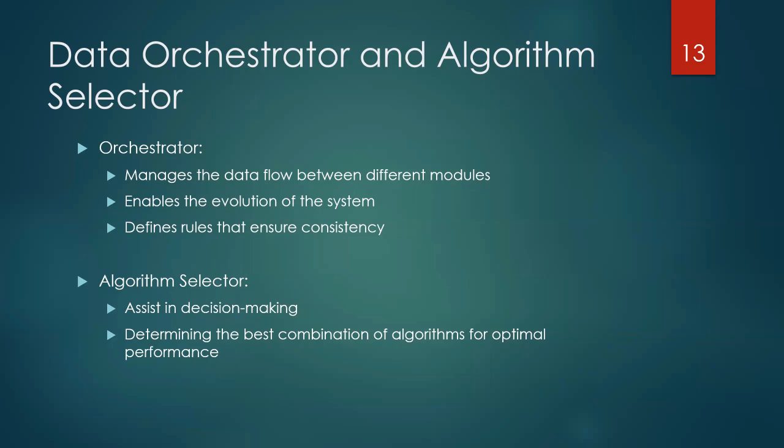The algorithm selector essentially will help decision making. The idea is that if a user defines a specific output application, given the input data, we could select which algorithm should be used to extract information for that. For instance, if you want to follow football players on a match, given the input video, we just need object detection and tracking.